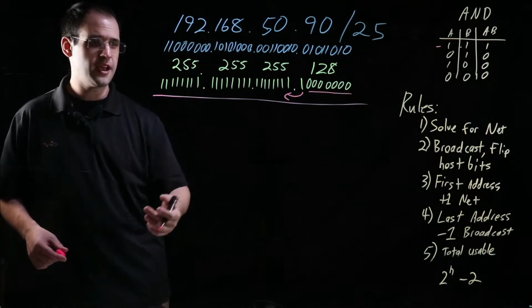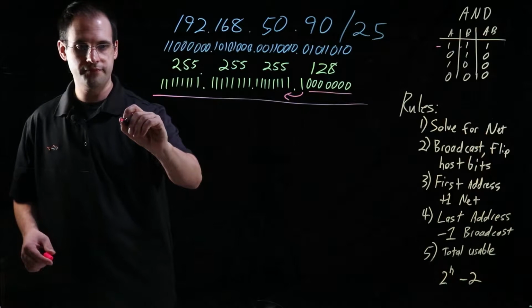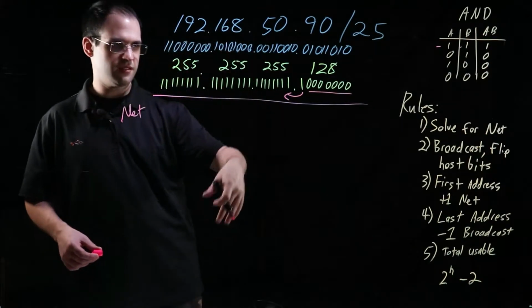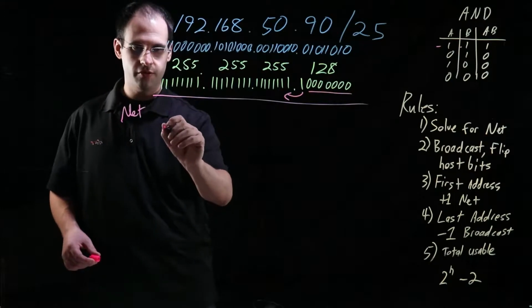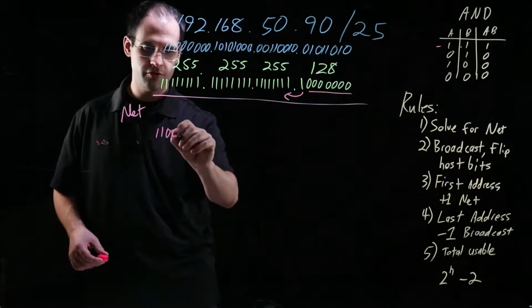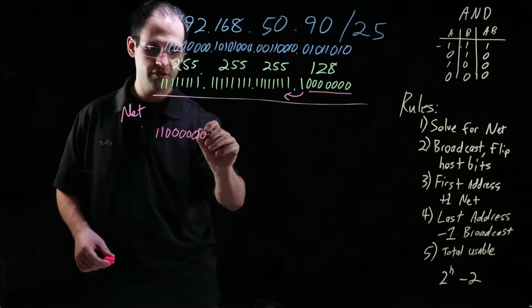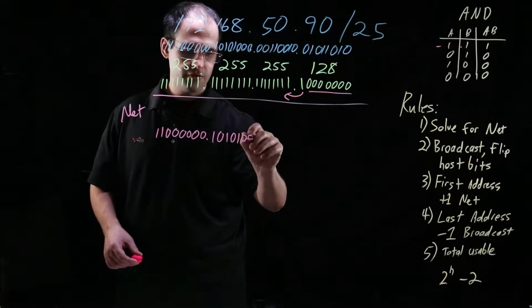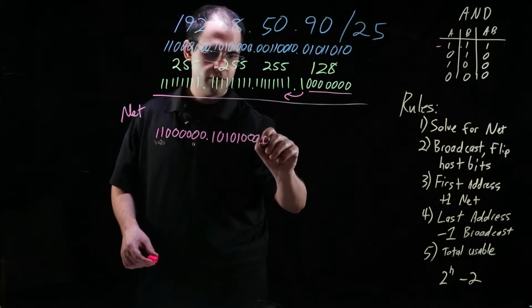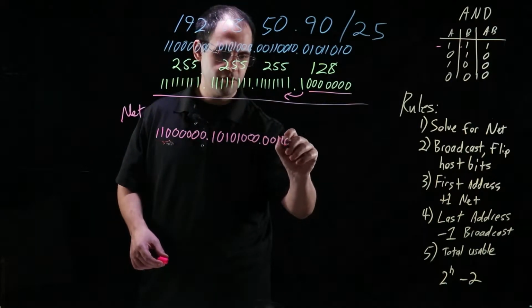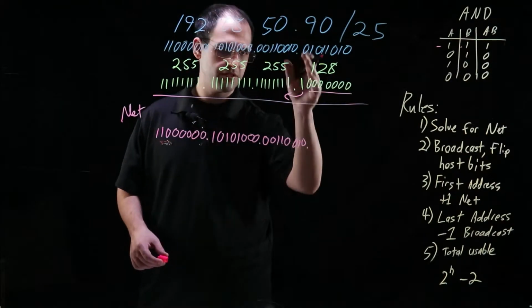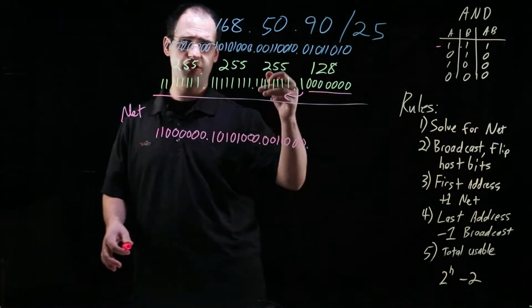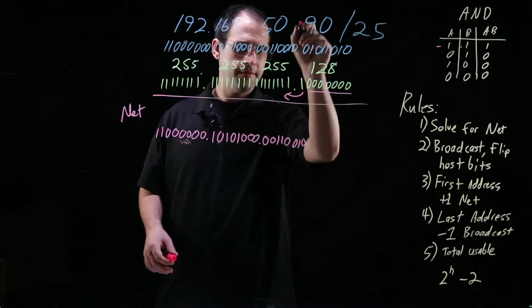So let's take a look at what that actually means. We can find our network address. The first three octets are the same: 1, 1, 0, 0, 0, 0, 0, 0, then 1, 0, 1, 0, 1, 0, 0, 0, then 0, 0, 1, 1, 0, 0, 1, 0. That's nothing new. These three octets are the same, just like a /24. But